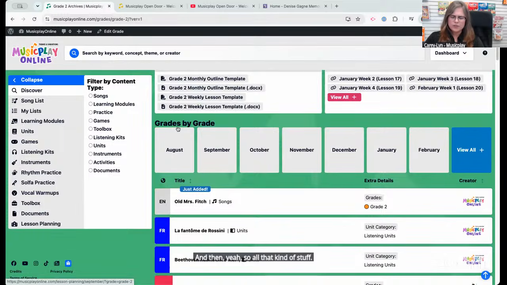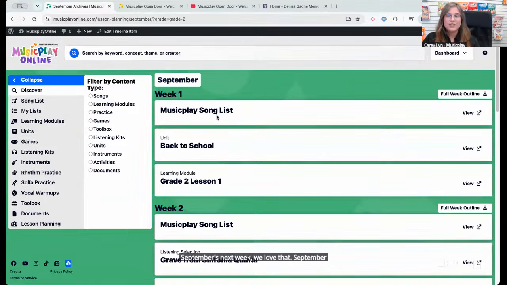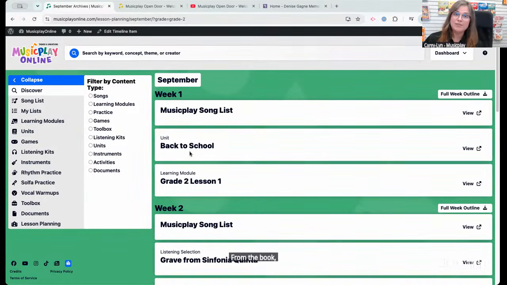Grade by grade. Okay, so one of the things that I don't know is really talked about a whole lot is if you click, for example, September. September's next week. We love that. September, Musicplay song list. That's this one from the book. A unit that's related to this time, or the learning module. So you kind of have 3 different options. I mean, you have more than 3 options, but here you have 3 options, and this full week outline actually,